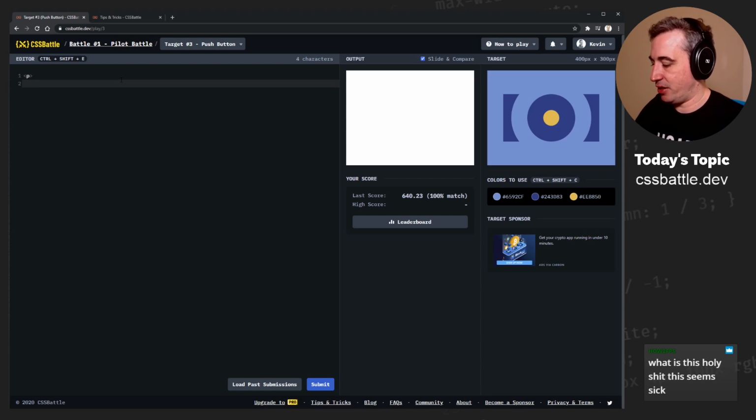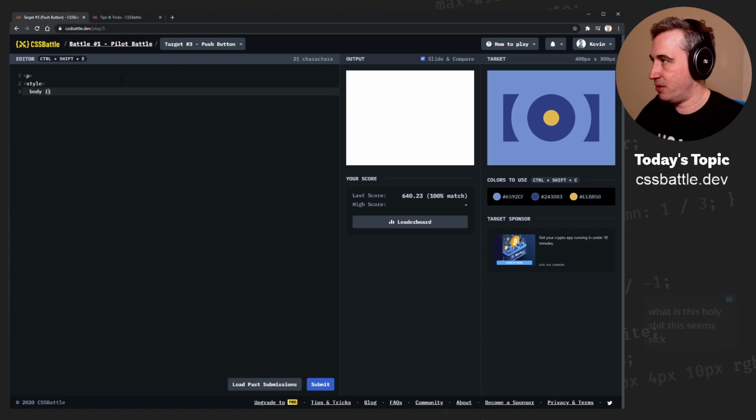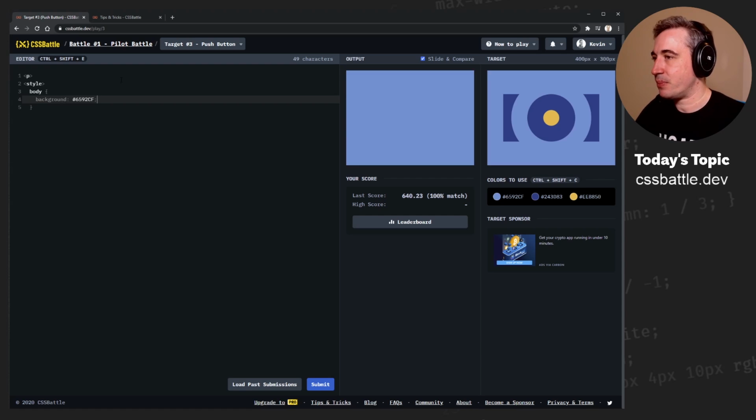And we need to have a style tag, right? We can't get rid of that. And then if I said body background is that. I think I need 2 divs for this, right? I need a yellow div. Like this yellow one will be one div, which can then have